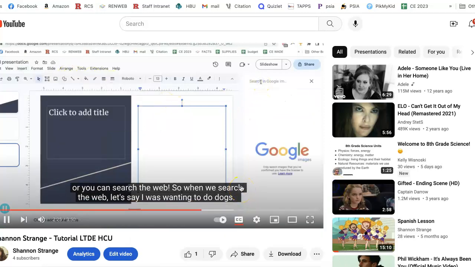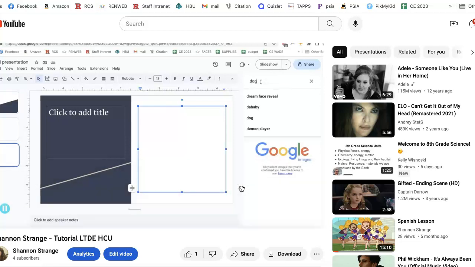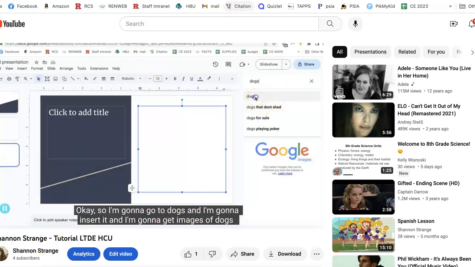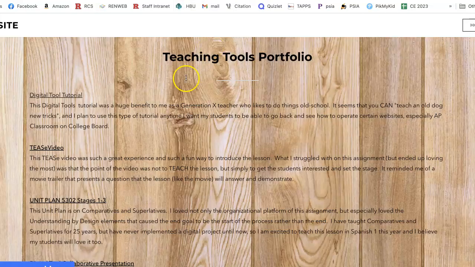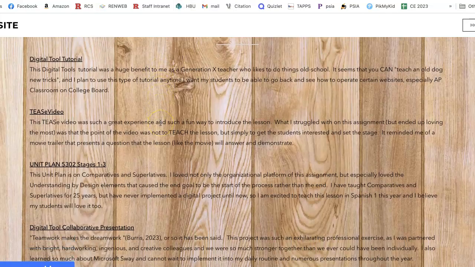It's such an important tool that I use all the time, especially in Spanish 4 and 5, because I use it to have the students present instead of me presenting material. They listen to each other, take notes on each other, then compare and contrast, and make comments and questions. The students making the presentation on the slides learn much more than they ever would have if I had lectured on, let's say, all of the aspects of Colombia. They're going to learn so much more by presenting and teaching Colombia to their fellow classmates than if I had done it myself.